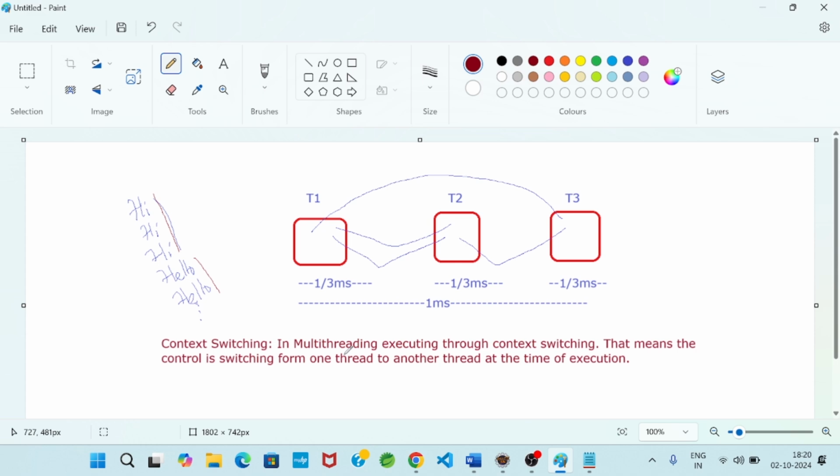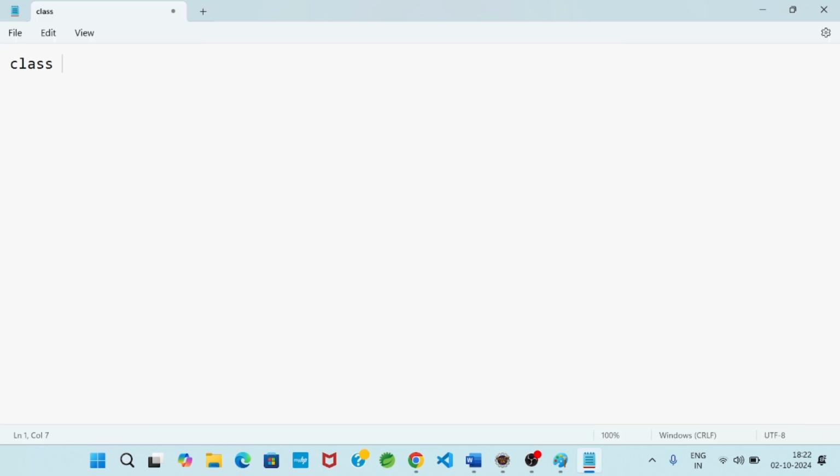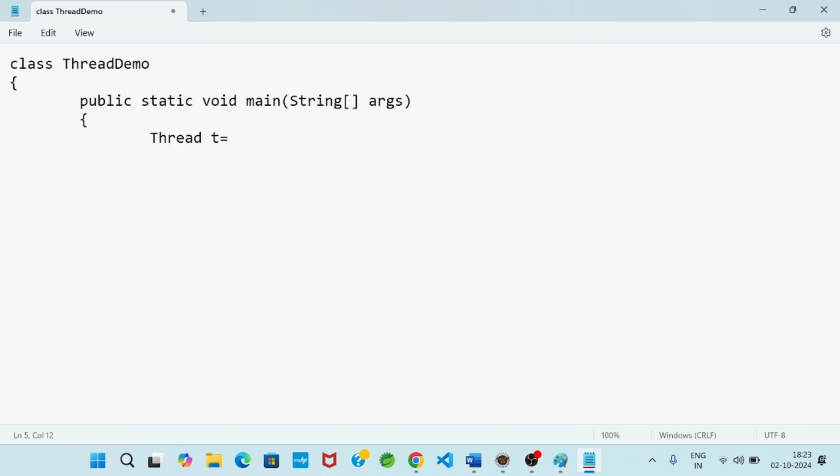Then simply remember, in every Java program there is a default thread that is running, and that thread is called the main thread. Suppose my class name is ThreadDemo.